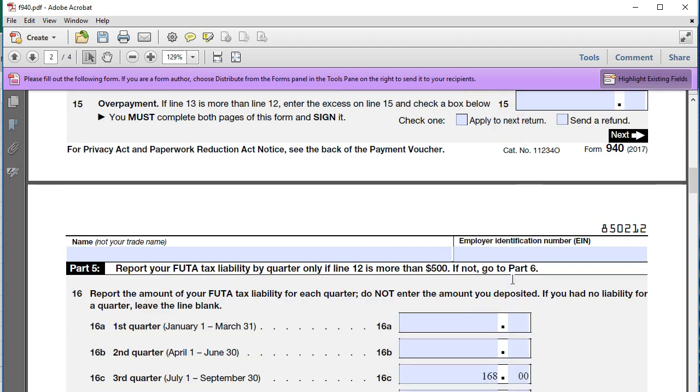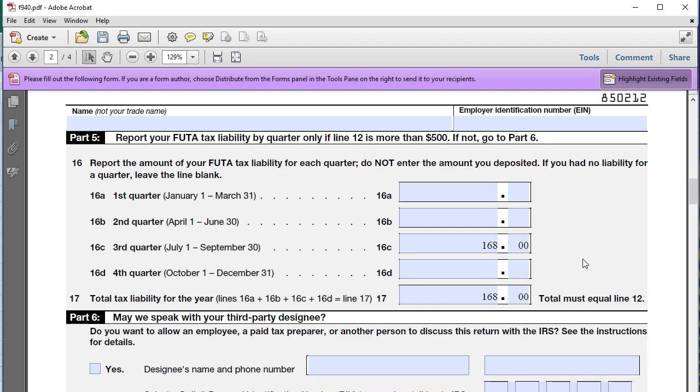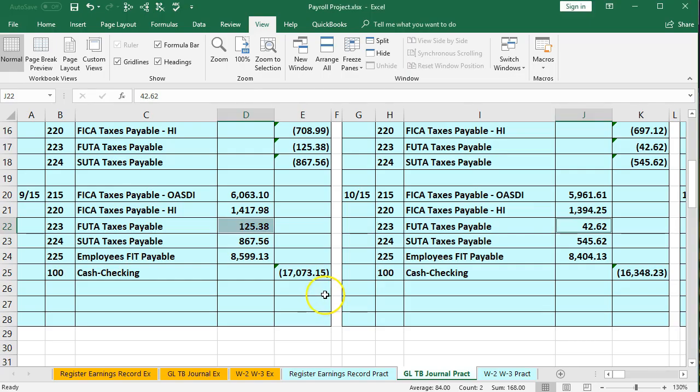Then if we scroll down, on line 16 they want us to report the amount of your FUTA tax liability for each quarter. Do not enter the amount you deposited. If you had no liability for a quarter, leave it blank. So we want to get the liability per quarter. I've already filled it out in the third quarter here. If we go over, we may question that. You may say, that doesn't make sense. If I look at the